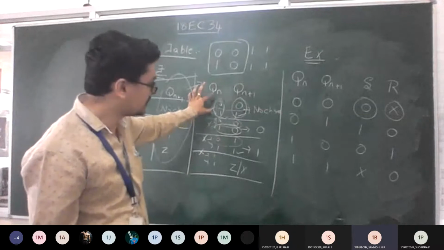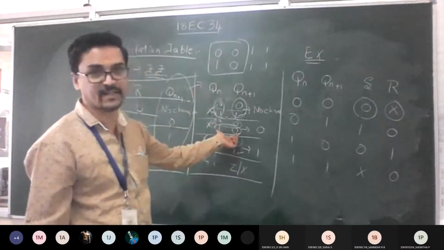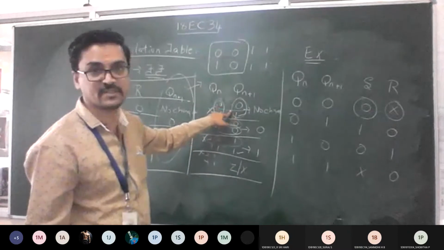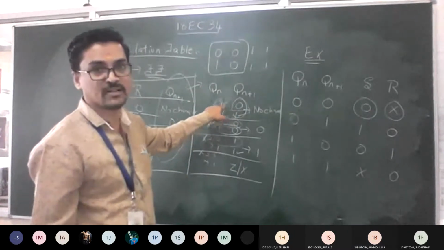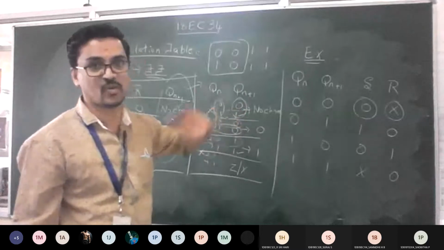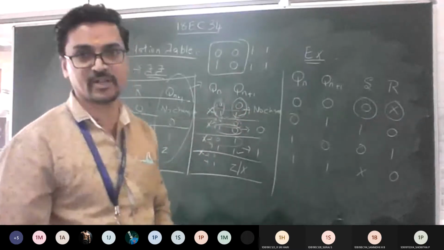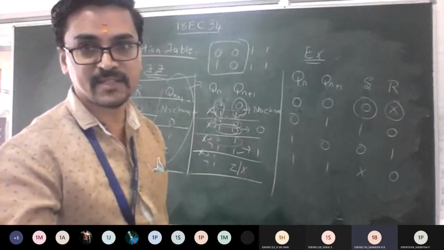So in this column we have the 1 0 option only for the second one. Where is the 1 0 combination for this? No change means what? If the present state is 0, the next state is also 0. If the present state is 1, the next state is also 1. So there is no 1 0 combination there. Yes, sir, got it.